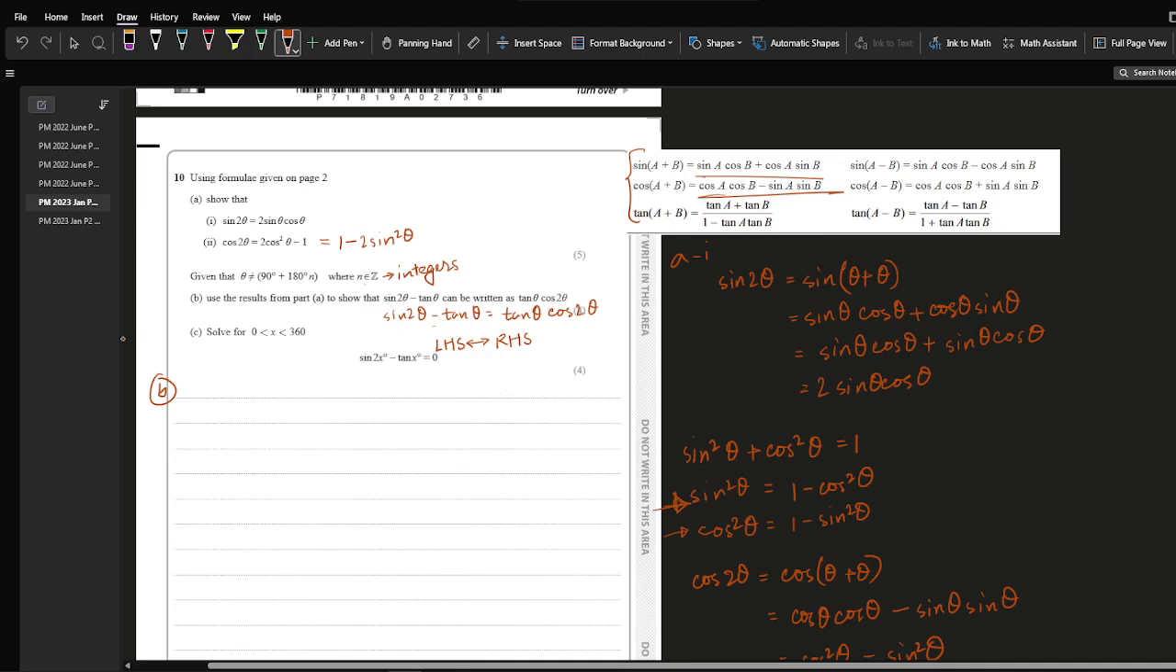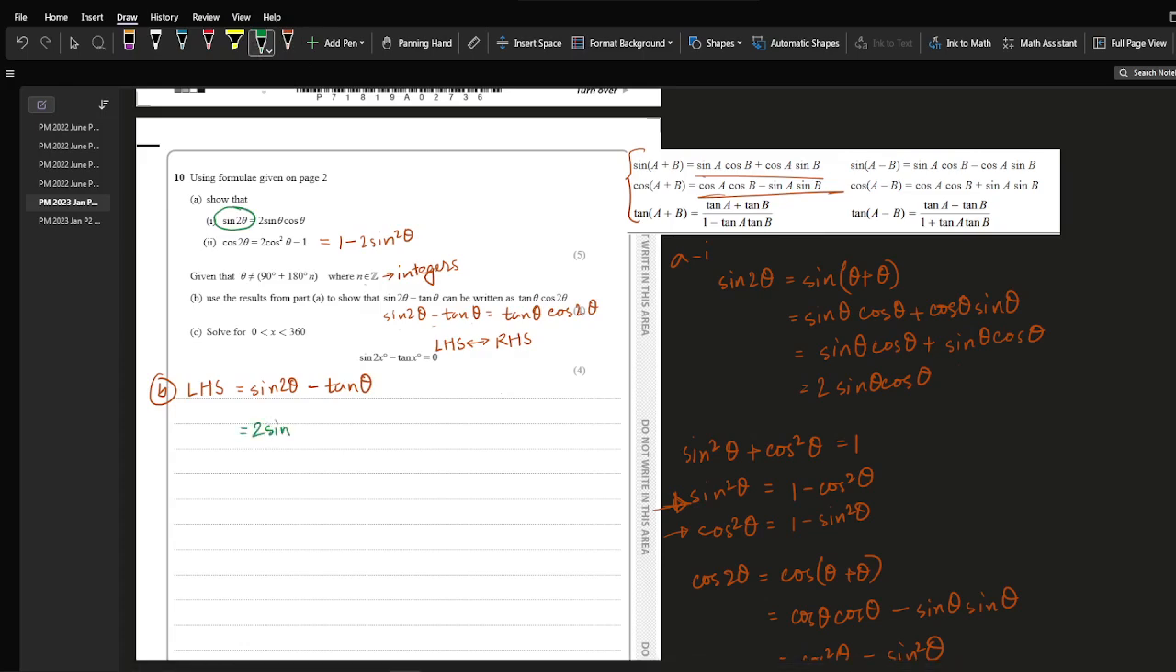Okay, in most of the cases that you will encounter, you start with either the left hand side and go to the right hand side, or start with the right hand side and go to the left hand side. Okay, we are going to try both. Left hand side is equal to sine 2 theta minus tan theta. First thing you do is you break down sine 2 theta using this,